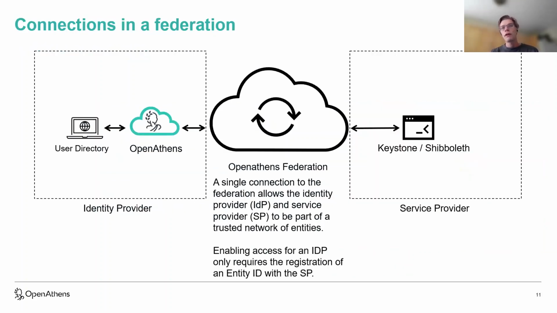And then the view of a Federation, as opposed to the spider's web of using one-to-one connections, is that at each end, each identity provider and service provider only maintains their connection to the OpenAthens Federation or another federation. So you've just got the one connection to maintain, and then the Federation metadata hosts all the information about each IDP and also the service provider. As long as your connection to the Federation is sound, you'll have that connection live and it will operate without an issue. And registering into the Federation as an IDP just requires an entity ID, which is a single bit of information as opposed to exchanging a metadata file.